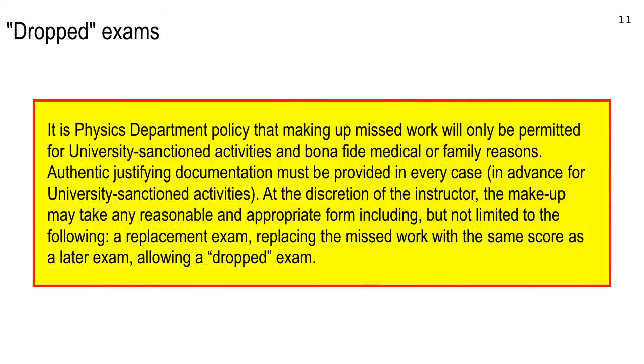Now, here's how we do it if you do miss an exam. Listen to this one. And this is the same. This paragraph is the same for the entire physics department. It is physics department policy that making up missed work will only be permitted for university-sanctioned activities and bona fide medical or family reasons. Authentic, justifying documentation must be provided in every case, and it must be provided in advance